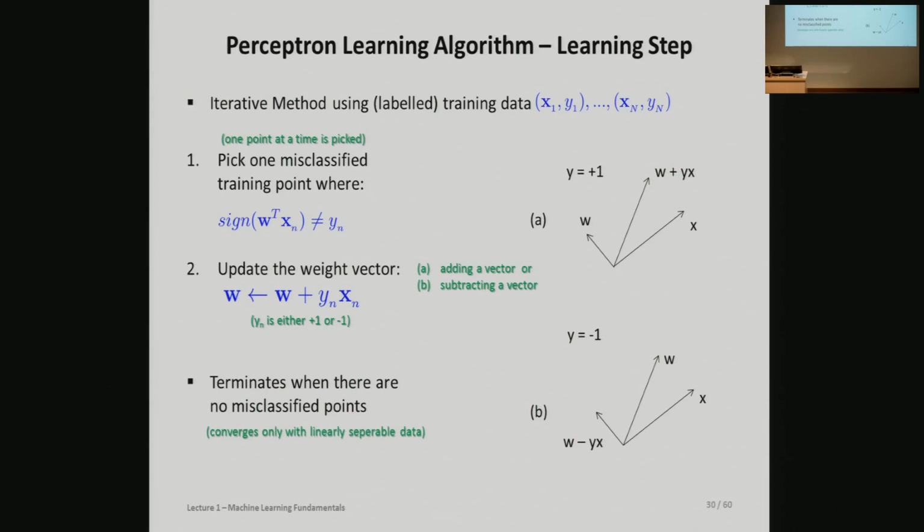So what we didn't know yet is how we get to the W's, right? We said a compact notation is W transpose X. So how do we get to the W's we want? And this is here the algorithm learning steps basically. And you see it's an extremely simple algorithm, just having 2 steps really of saying we pick any point we like, which is misclassified, and we want to make it better.